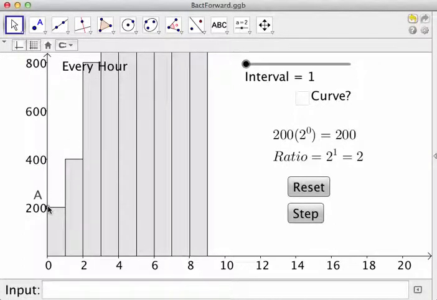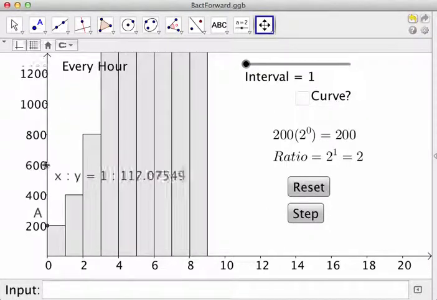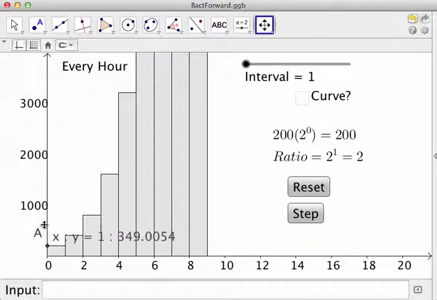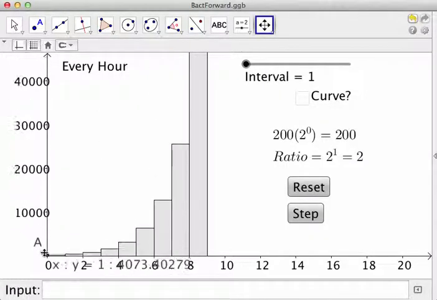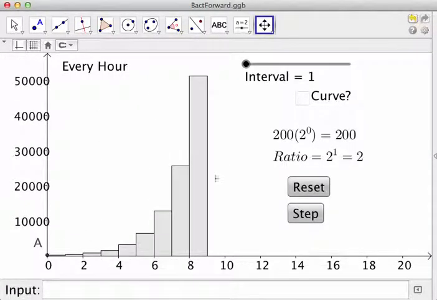But what this suggests is that from 0 to 1 hour it stays at 200. From 1 to 2 it stays at 400. Well, we know that that's not what happens in reality because we know that it's much more of a continuous growth situation. With this idea that it's doubling every hour, so if we just step up here, after 1 hour